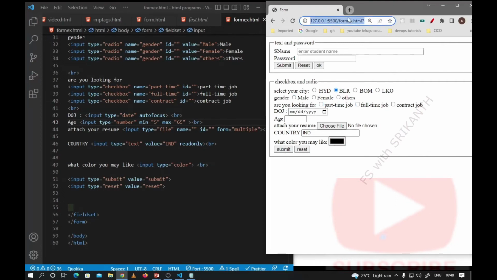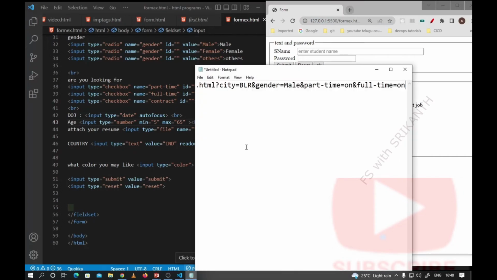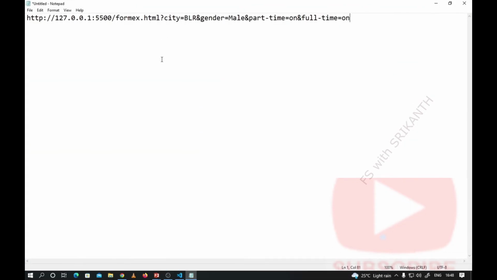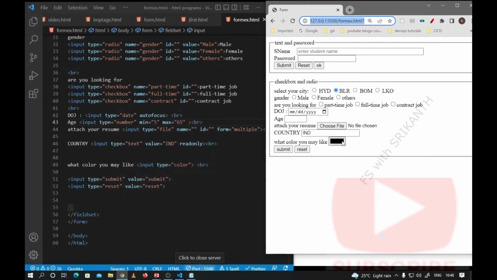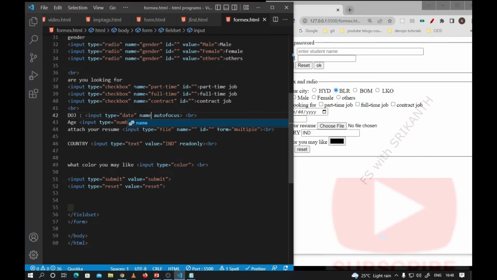Just observe, copy, and here you observe what values were forwarded. City, Bangalore, gender, male, and part-time on and full-time on. The date values are not shared, right? Why? Because we are not placing any values here, right? So for that we provide name. So name, first name equal date,